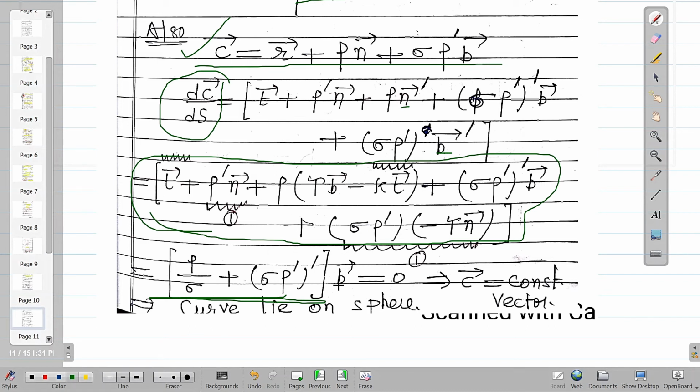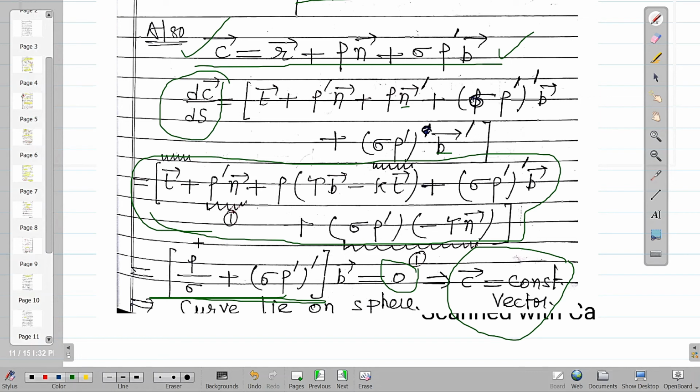So this is a into b is equal to 0. Okay? So this is equal to these values, and we know that this term is equal to 0. Then the total term is equal to 0. It means this C vector is a constant vector. So we prove two results in this equation. The second result is C is constant. How do we prove it? Take the value of C in this equation, then differentiate with respect to S, simplify. Simplify, we get this equation.